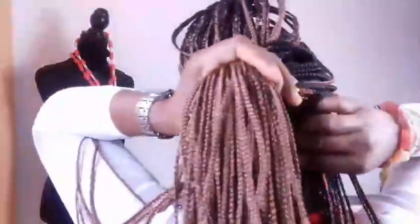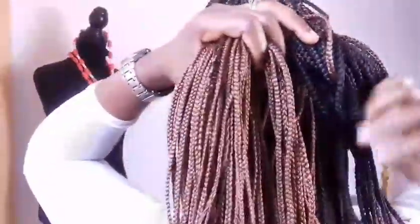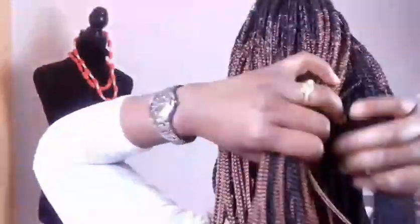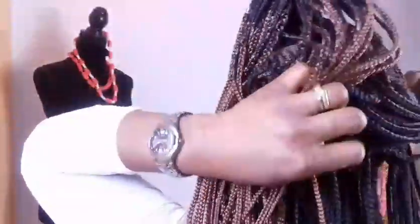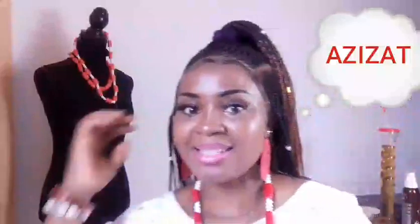You can see, guys, the back side. Here is a cornrow braid. Right here is box braid. You can see here, single box braid. And I did nothing with this, the back. You can gel it down, but this is it. You can see it. Can you see that, guys? Yes. And my hair is buckled because I did